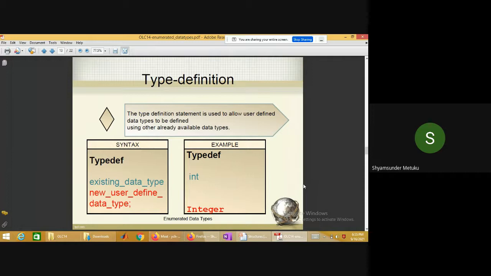Then type definitions, I think already I have discussed long back, if I'm right. Did I discuss type definitions? Just respond. Did I discuss type definitions? Sir, you discussed in the starting class, sir. Typedef, no? Yes, sir. No, typecasting is different, type definition is different. I think I discussed typecasting, not type definitions.